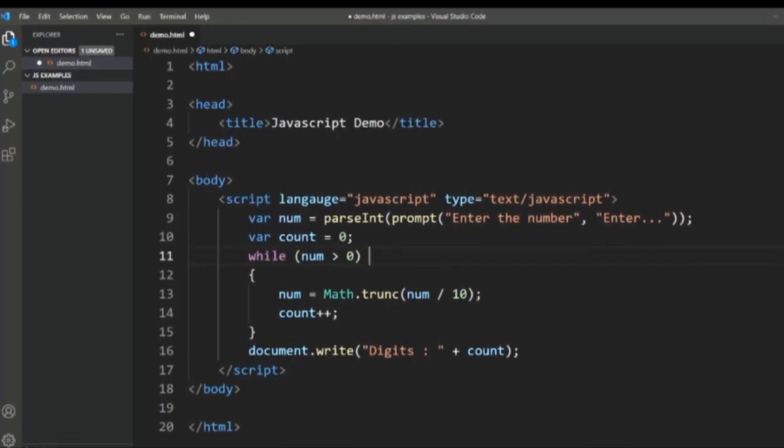Let's say in the user input I entered a 4-digit number like 5432, and obviously the counter is initialized with 0. Now when this condition will be checked, like 5432